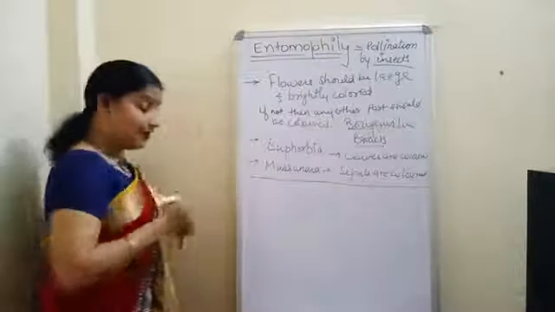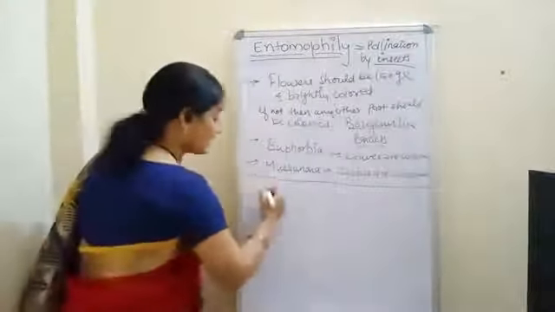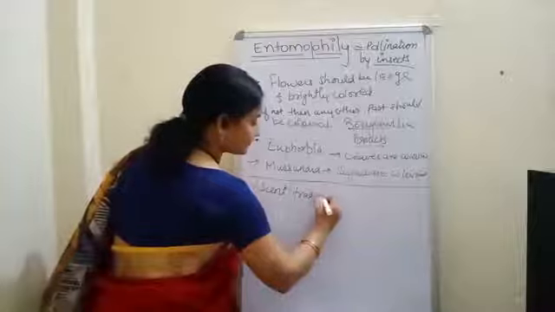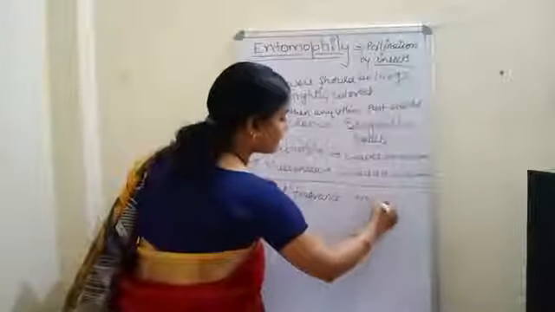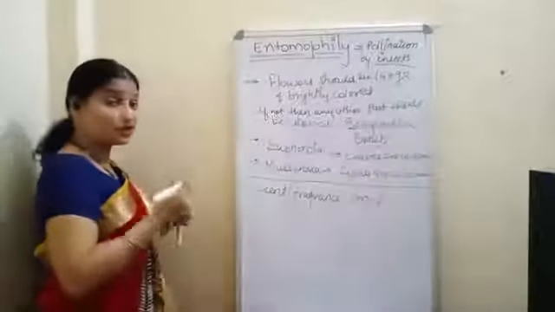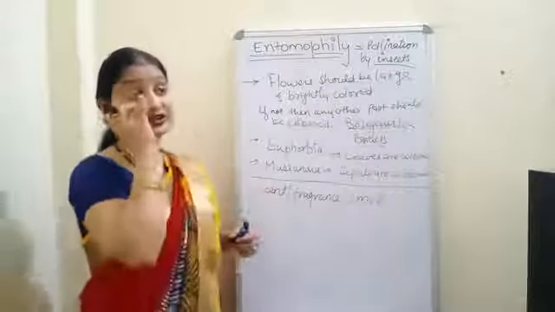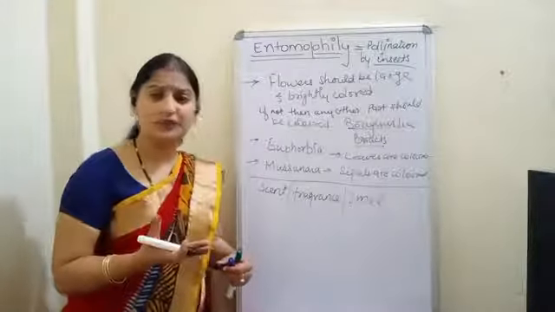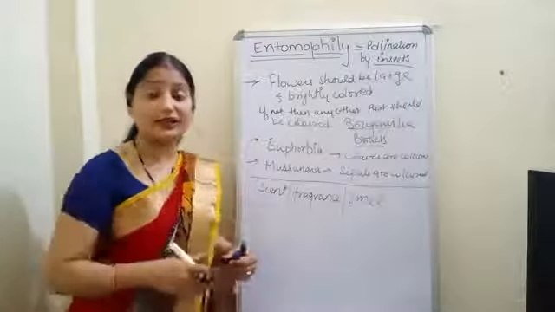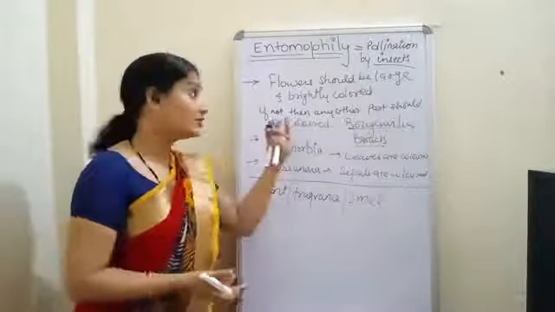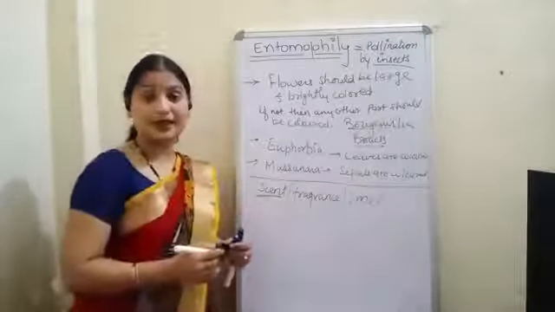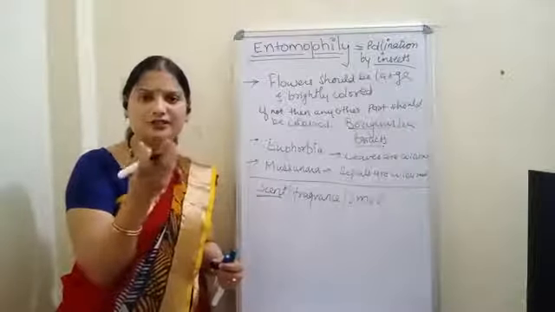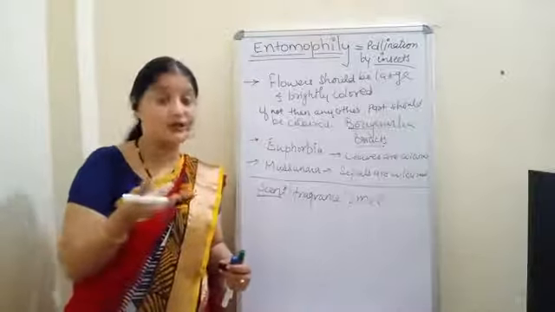Then, even the flowers should give scent or some fragrance or type of smell. Flowers should be full of smell, like in case of jasmine. Clear? It gives a very pleasant smell, and that's why it is attracted by the insect and pollinated by the insect. So it should give a proper smell. In some flowers, there is nectar. Nectaries are present. You must have read about the nectaries. They are present at the base of the ovary.